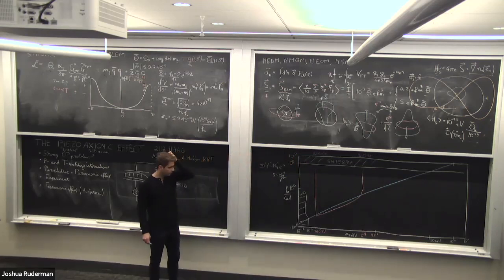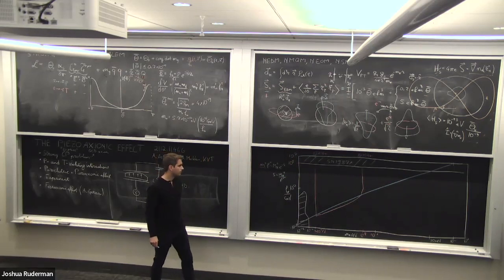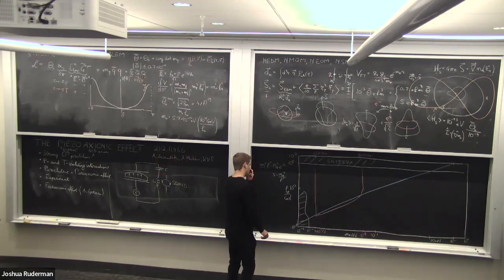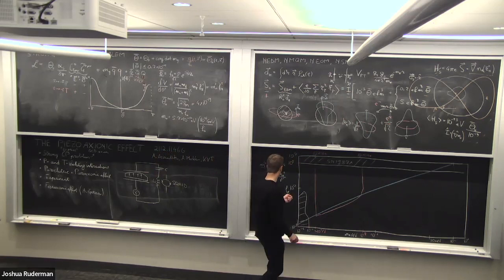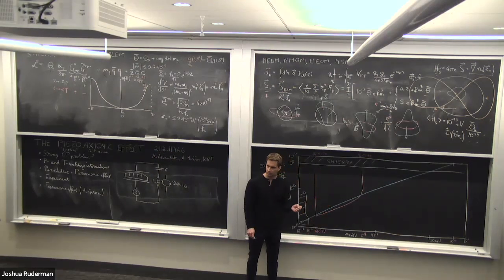Is this line like a bunch of different piezos, or is there some smart way to do some scanning of mechanical resonances, or what's the most straightforward way to cover this full mass range? Yeah, with one crystal you can cover 10% fractional bandwidth. So if you want to cover one e-fold, let's say between 3 and 6 times 10 to the minus 11 eV, you would need on the order of 10 to 20 crystals with varying thicknesses.